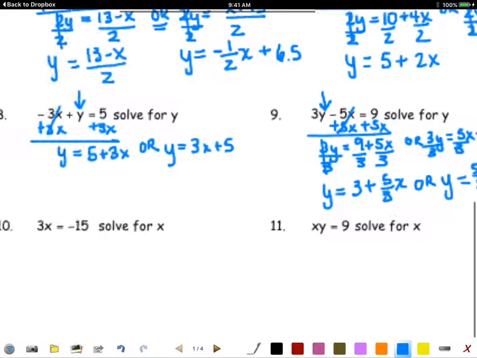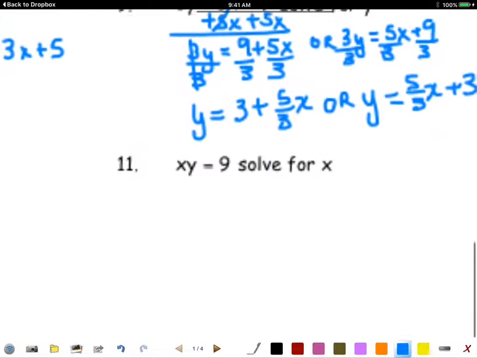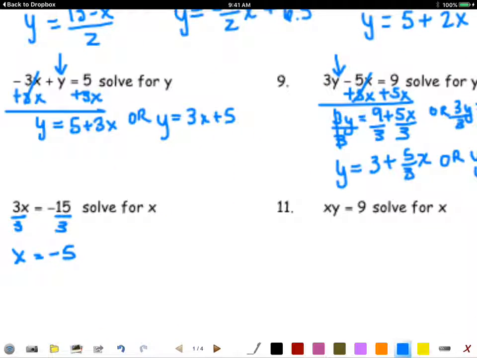Okay, let's look at number 10. Now we're back to super easy ones. We only have one variable. There's only one thing to solve for here, right? How do we solve this? Divide by 3. So x equals what? Negative 5. Okay? So if that's the case, then when we go over here to solve for x,